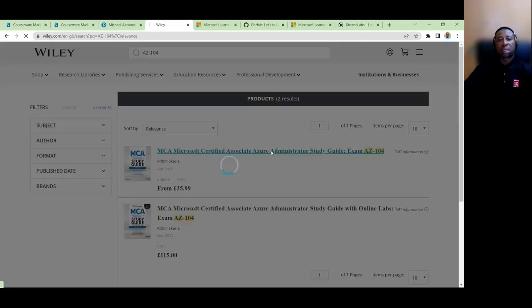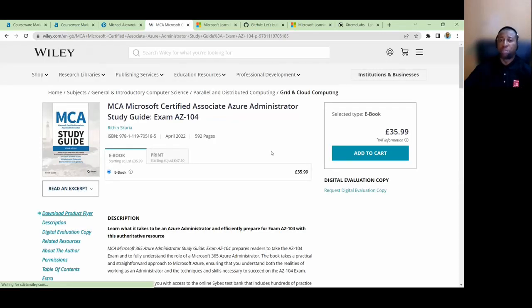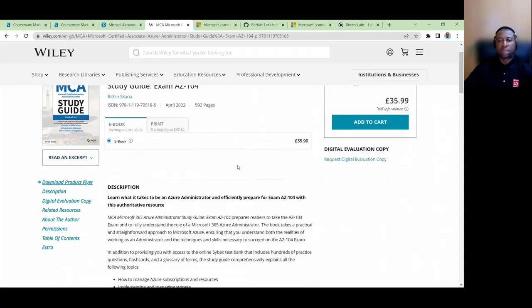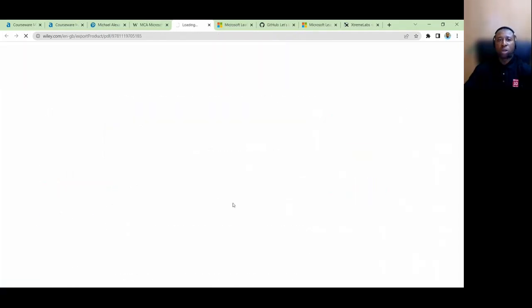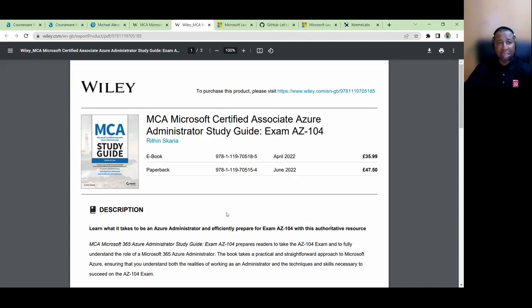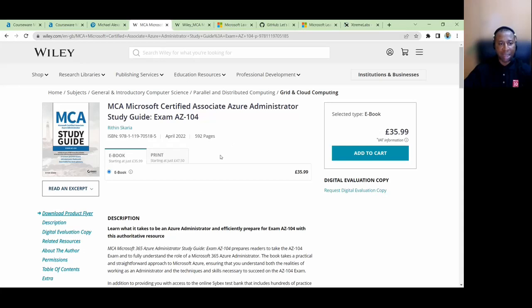So I'm going to click on this. A lot of us used to use this. We still use it if we cannot get the courseware from the Microsoft related platforms. So you have access to this. You have both the e-copy, the soft copy, as well as the hard copy. The interesting aspect about this is you have access to the course manual, the textbooks. In case you need slides and other related resources, you can click on related resources. If you click on related resources, it's going to take you to a website. Then on that website, you will see how you can actually access the slides.